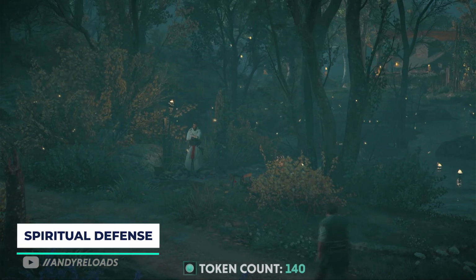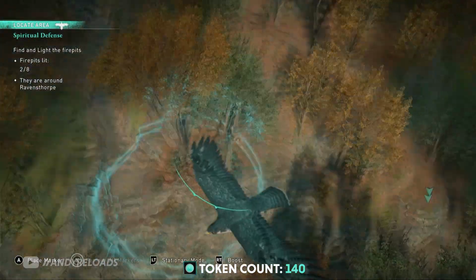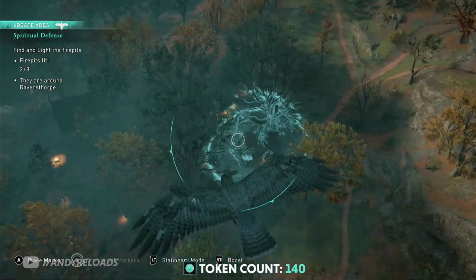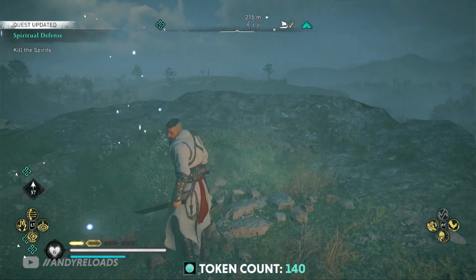Our next quest is to light up all the wood piles around Ravensthorpe, so hop on your horse and throw torches at them is what I found to be the most efficient way of completing this quest. Also, use Sunin, by the way, to find the actual pyres around Ravensthorpe. It makes it easier. And then after you've done that, return to Ake, I think his name is. This will trigger a spiritual event where you've got to kill some spectral bears, and that's going to net you